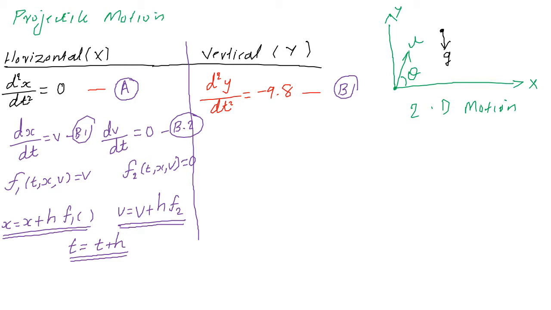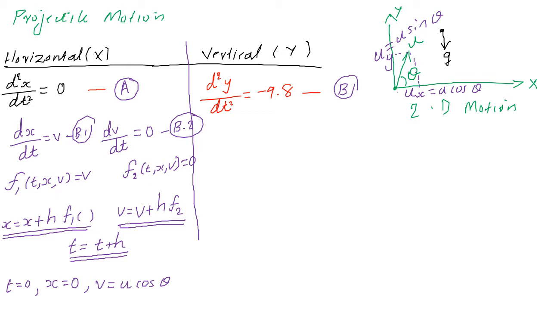Now you must have initial values. At t equal to 0, you know that the position of the body is at the origin, therefore the x coordinate is 0. And what is v? It is obviously u cos theta, because it's projected with some velocity u. You can resolve this u into two components. This is the x component, that is ux, which is equal to u cos theta, and you can call this uy, which is equal to u sin theta. So v is equal to u cos theta in this case.